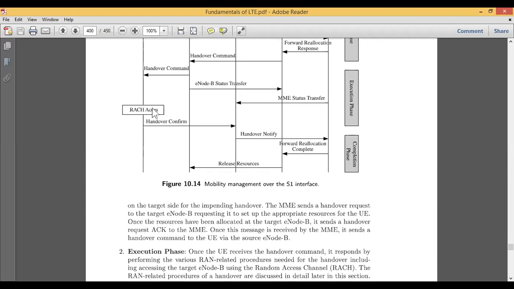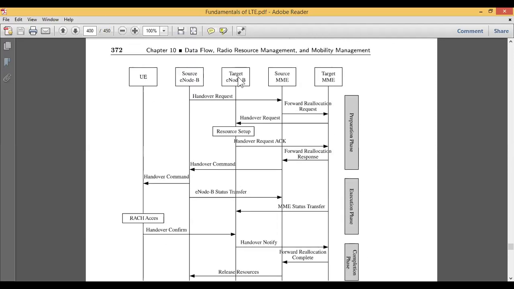Here you can see, once the handover command is received, this is done. That is, the radio access channel is allocated, and it will hand over the confirmation. Confirmation to what? The target eNode B, because now this is enabled. Once this is enabled, it has to confirm from the target whether the resources allocated for the particular user entity are usable or not usable.